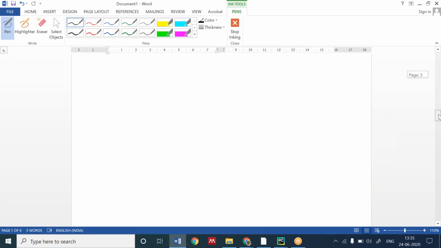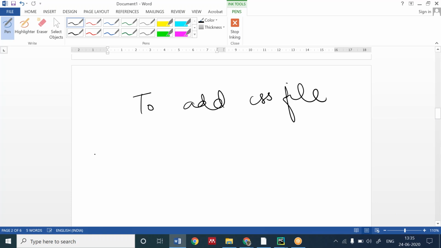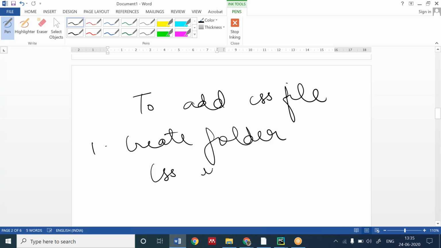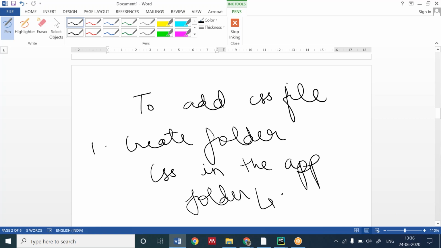The heading is to add a CSS file. First, create a folder CSS in the app folder static.